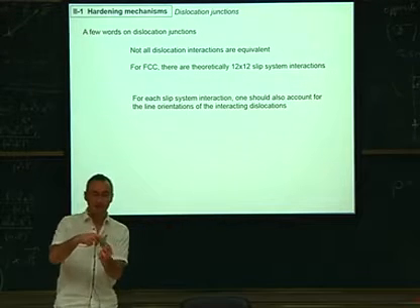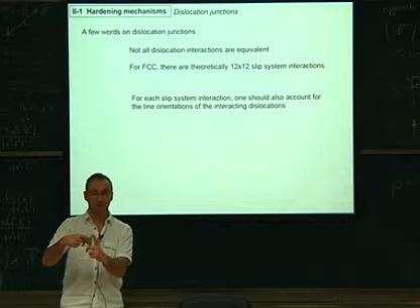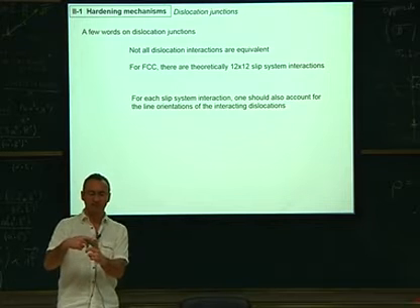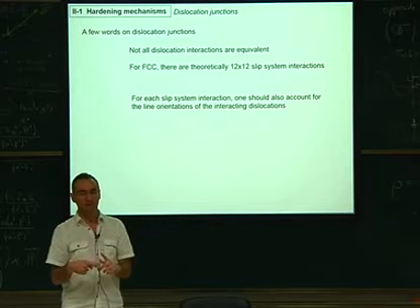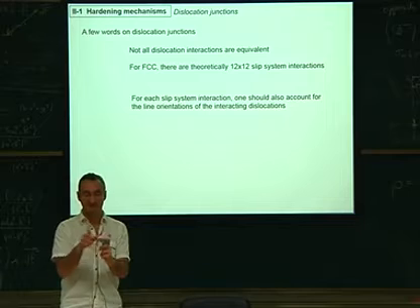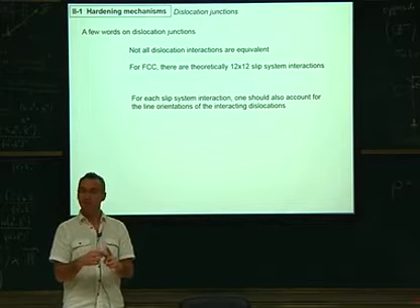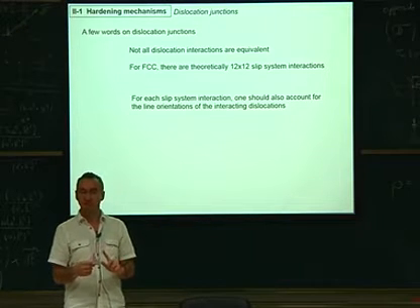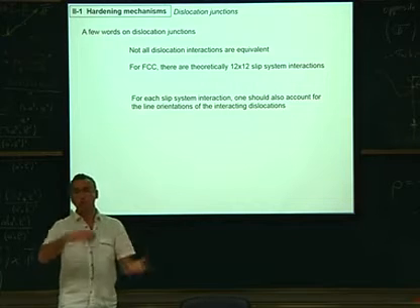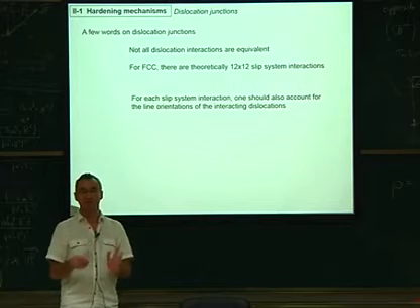Now if you put another one like this and this, then this is a forest interaction. But we saw this morning that those two built a Lomer-Cottrell lock. In that case, it was sessile. So this is strong. We guess that this will be strong. But maybe in some other case, it will not be sessile. So we need to take into account all the possibilities for dislocations to interact together.